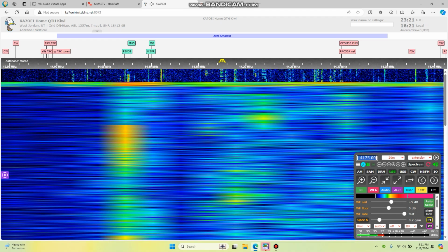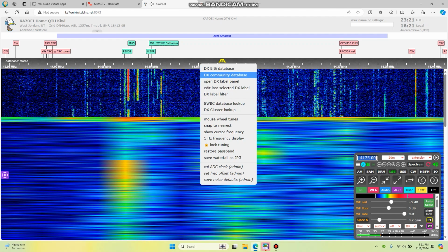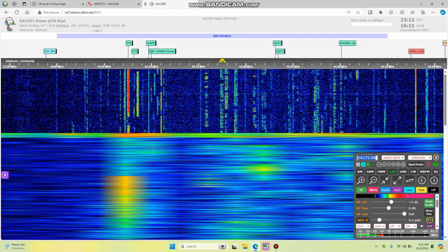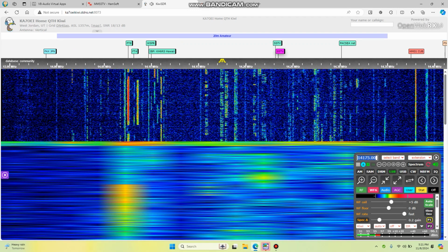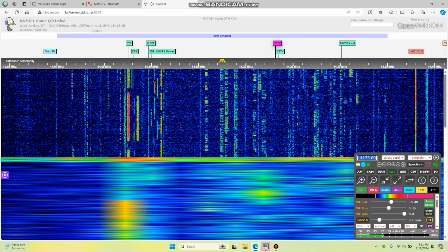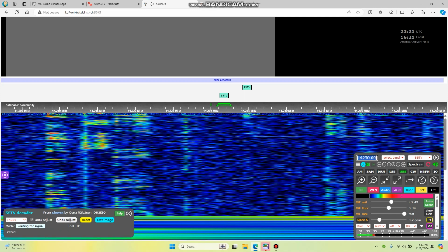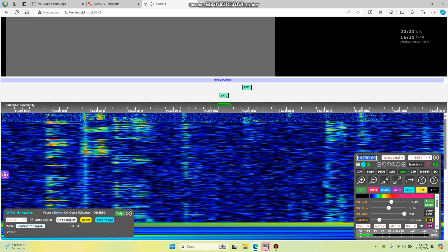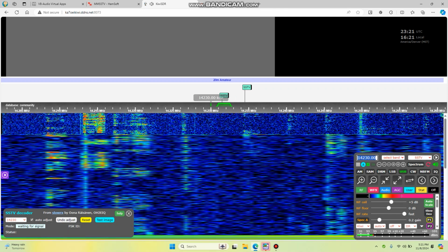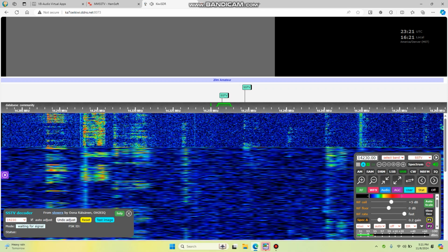So we'll click SSTV. If you right click this bar up here, you'll see DX Community Database. Select that and you'll see Community here. So at this point you'll see two things. It says SSTV right here. These are basically bookmarks. So if you click that, instantly we'll go to SSTV. It chooses the right bandwidth, which is the width between these two bars right here. Puts the carrier in the right spot. But I have found better luck with the